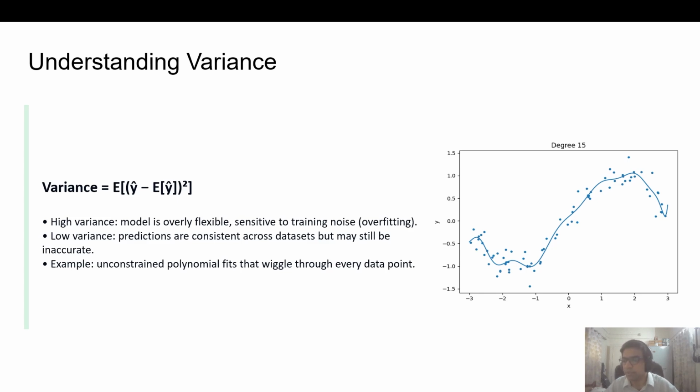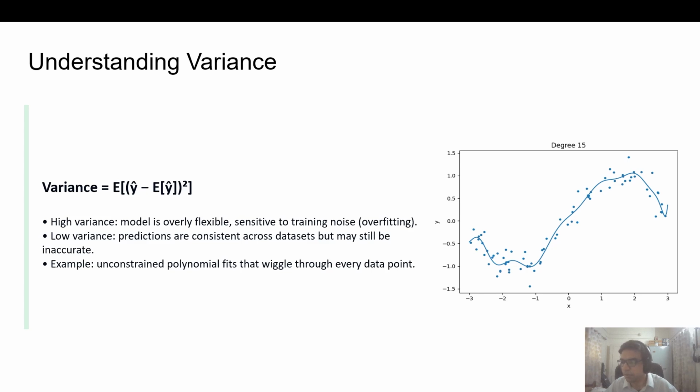So variance will measure how much predictions change when the training data changes. So a high variance model is very flexible. It will adapt to every nuance of the training set, including the noise, which can then lead to overfitting, which is a position where the model performs well on training data, but poorly on new data. This is something you can clearly see in this diagram also, where it is over capturing the data